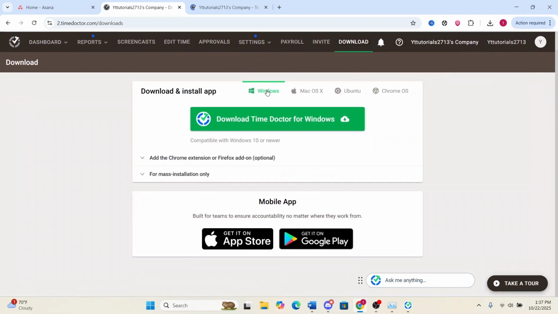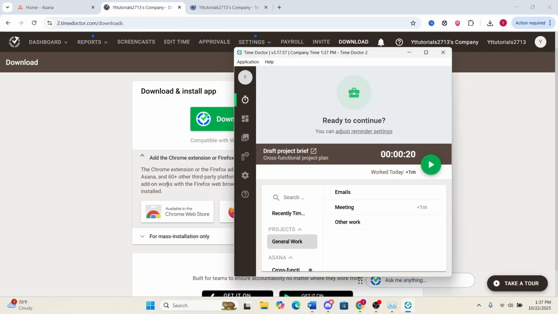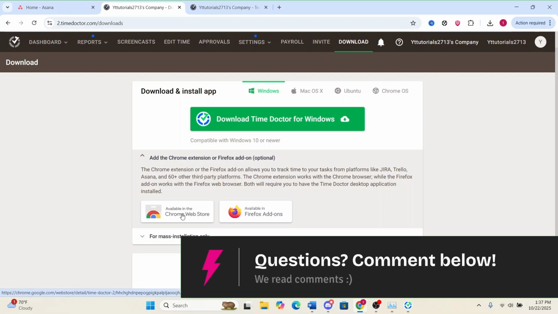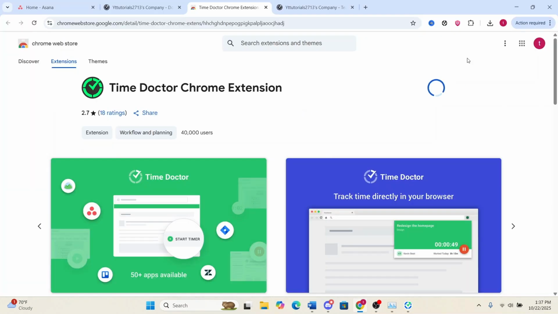And then here you'll see the Windows section. And you'll see this, add the Chrome extension or Firefox add-on. So if you do have the app, I want you to install this one. It's available in the Chrome Web Store and in Firefox add-ons as well. You just click on it and then you click here add to Chrome, click add extension, and it will start